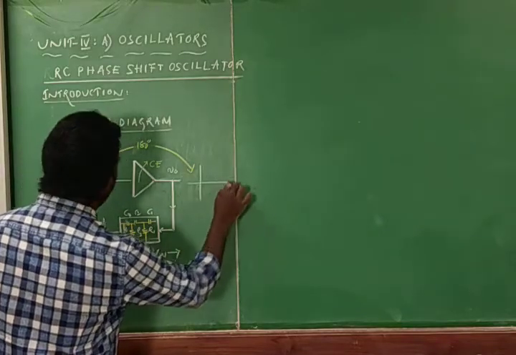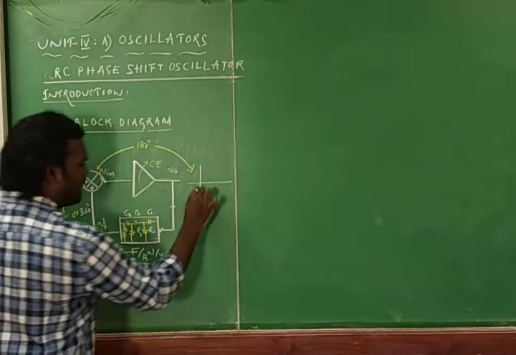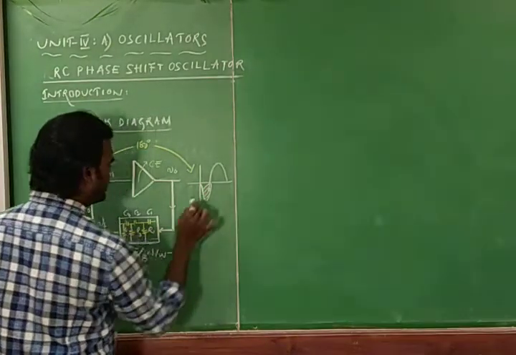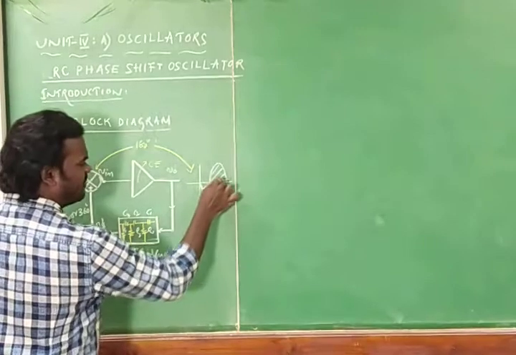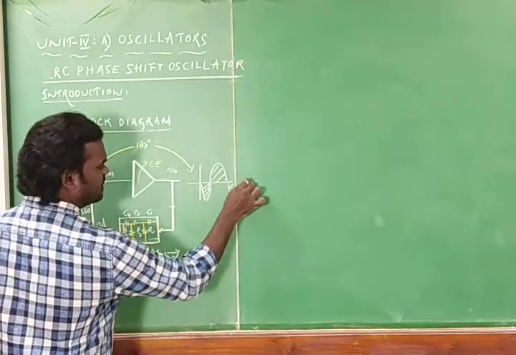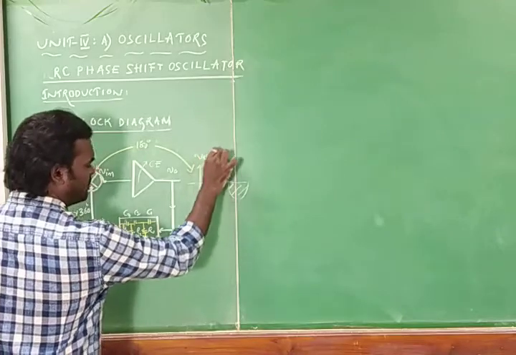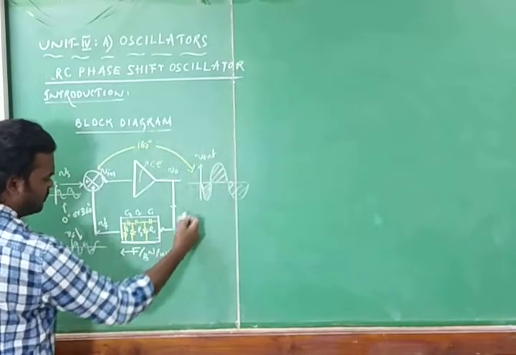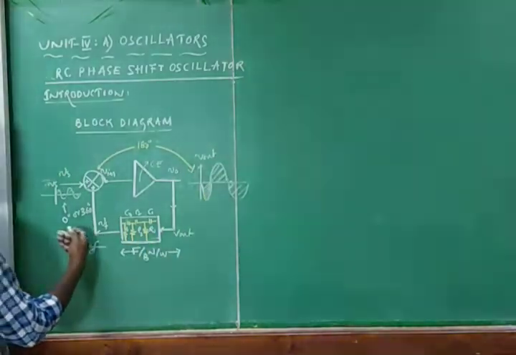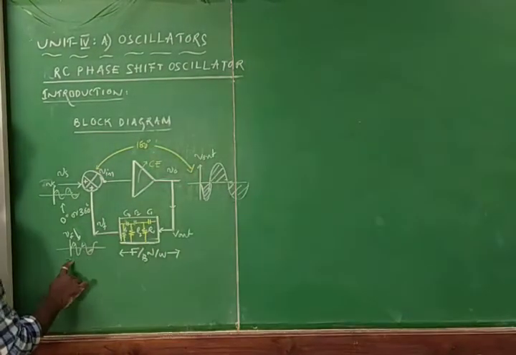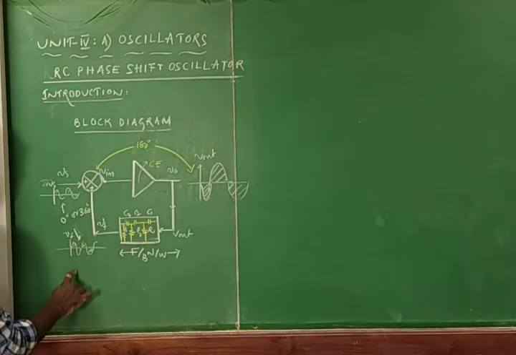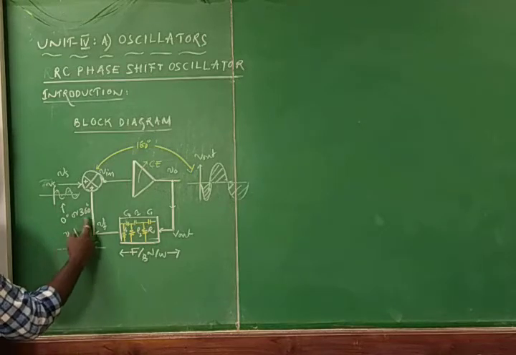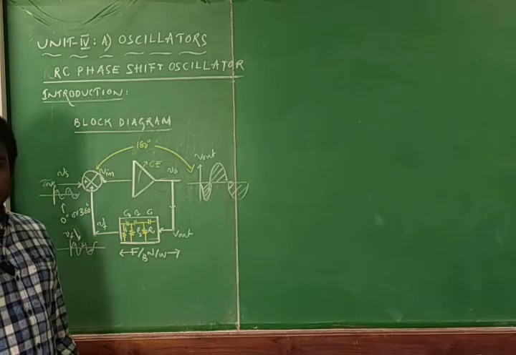So what does phase shift mean? This is the positive cycle, and with the phase shift of 180 degrees it will have the negative half cycle. During the positive half cycle, it gives the amplified signal on the negative side. This is V out. Now this V out is taken as input. If the feedback network directly allows this without changing its phase, then instead of getting the positive I would get the negative half cycle, so this is positive and this is negative, and we won't get the phase shift of 0 degrees or 360 degrees.